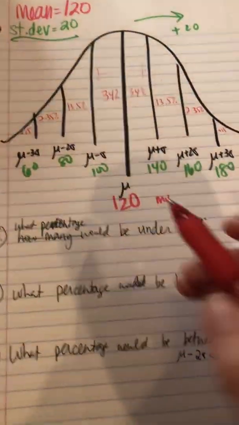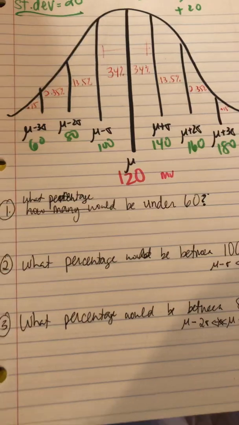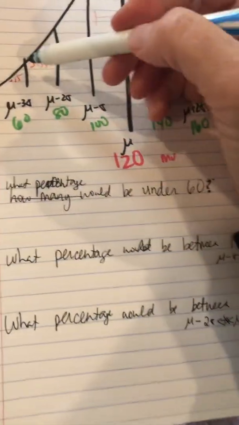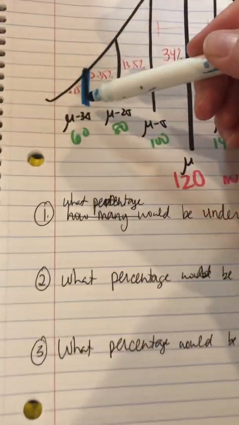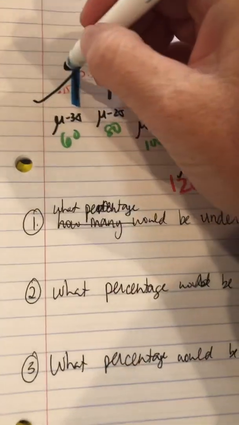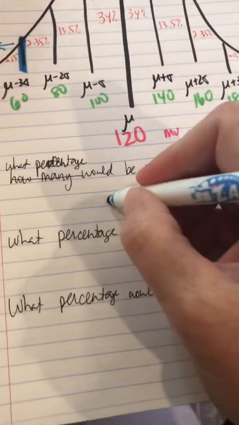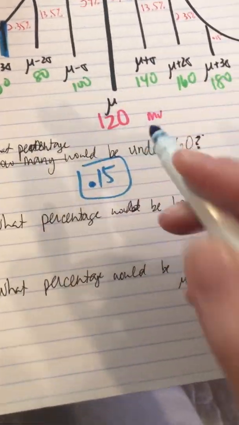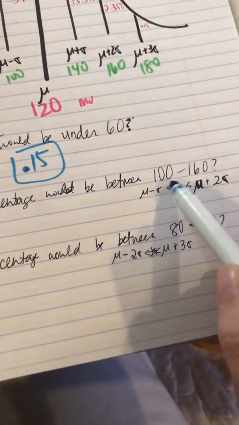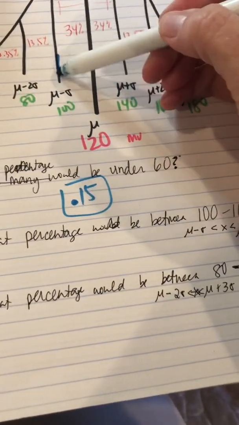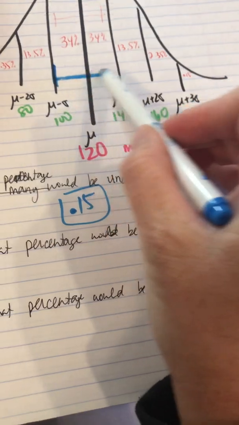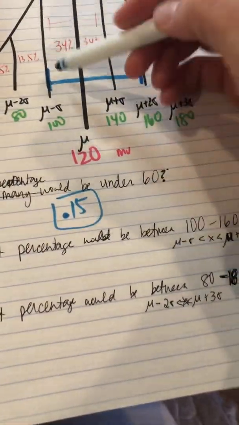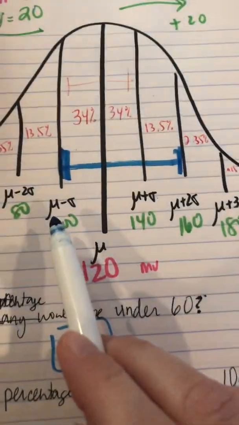So the question is, well, what would be under 60? So that's the same question that they just asked, because 60 is right here, mu less than 3. So if it's less than 60 or less, again, it's that 0.15. What percentage would be between 100 and 160? So I believe this is like the previous quiz question, right? Is it saying from, now they could have said mu, like